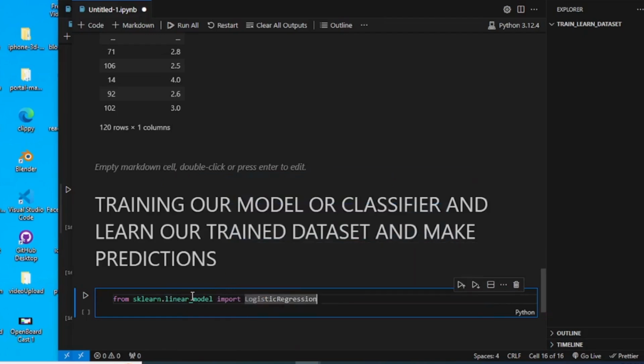So logistic regression is a model, right? It helps me with mathematical concepts like nearest neighbor, support vector classifiers, machine learning. So this logistic regression helps you